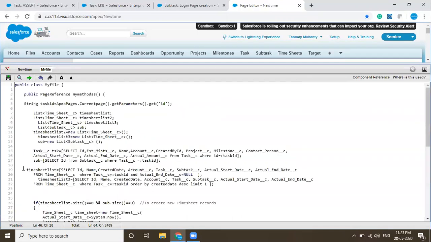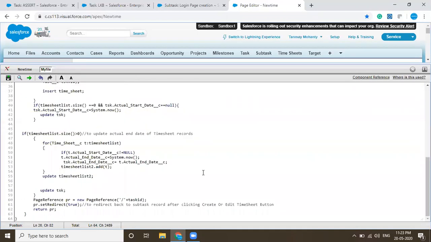This instance we are taking, if I already have one record and I need to stop the time, like I have started a time and I need to stop it. For that, we have written the condition here: started date not equals to null, then the date of system, the present date, will be captured and update the timesheet. In timesheet 2 it will get updated, and update timesheet, update task as well.